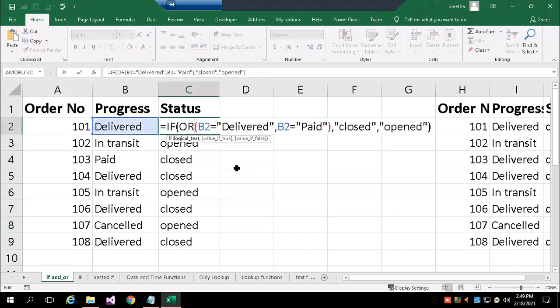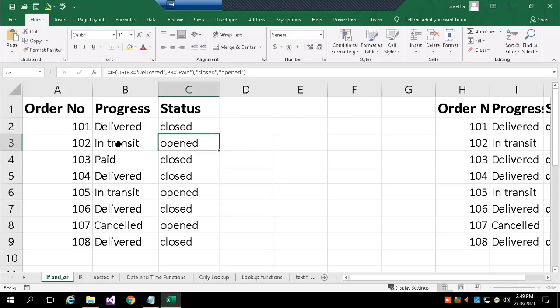So or B2 is equal to delivered, comma, B2 is equal to paid. So you are asking Excel to evaluate if the cell B2 contains delivered or paid. Either one. It's not necessary to satisfy both. If it contains delivered or paid, the message is closed, else the message is opened.